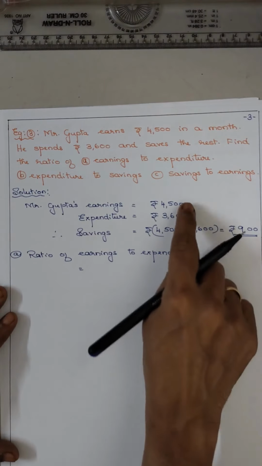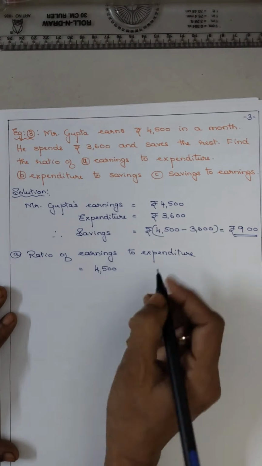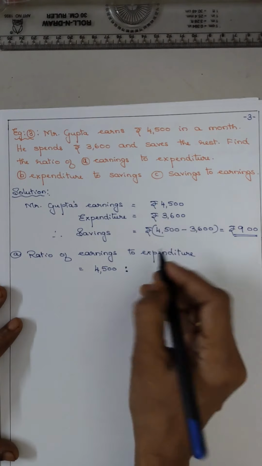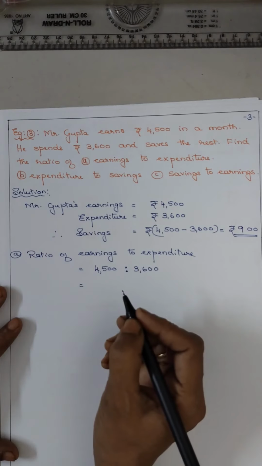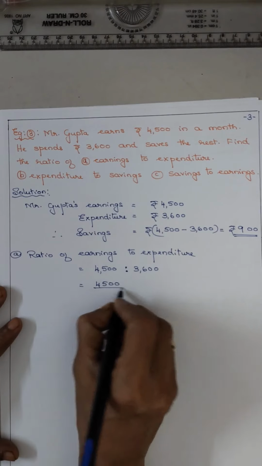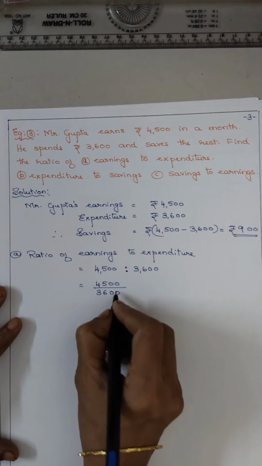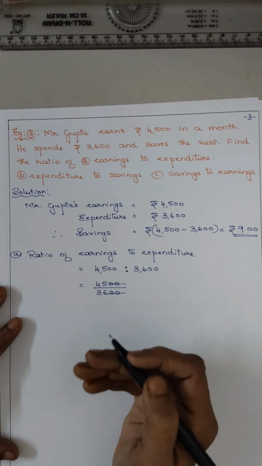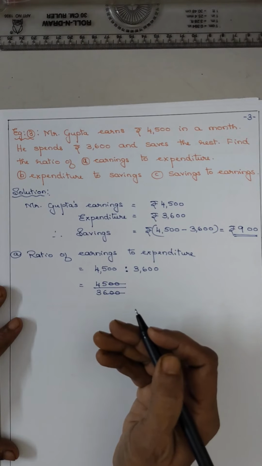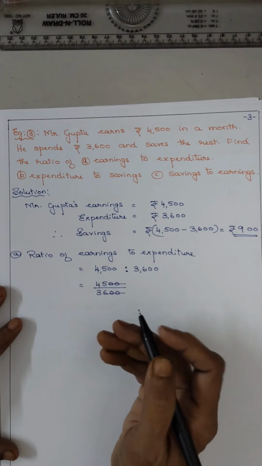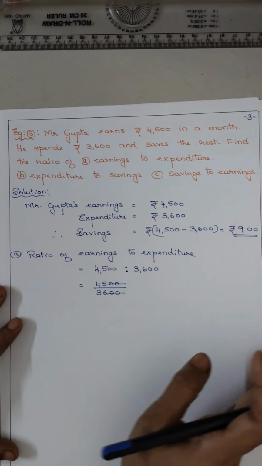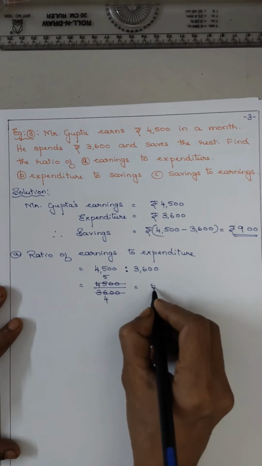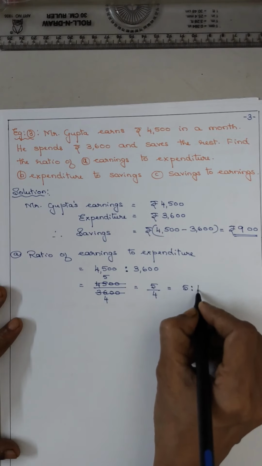Now earnings how much is it, 4500, we are not writing the rupees, remember, in ratio we do not put rupees. Is to expenditure 3600, write in the fractional form 4500 first term upon the second term, 20 20 cancel, 36 and 45. You know the tables perfect up to around 12, I think all children will remember tables up to 12, so in which table do both numbers come, you have to see. So 9 4s are 36, 9 5s are 45, so you got 5 by 4, that is ratio is 5:4.